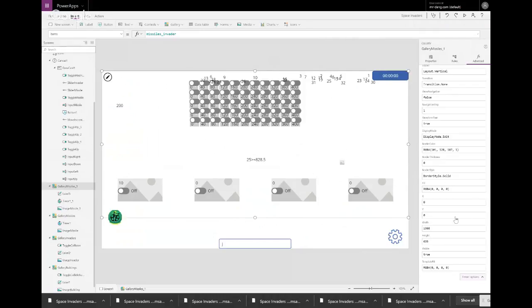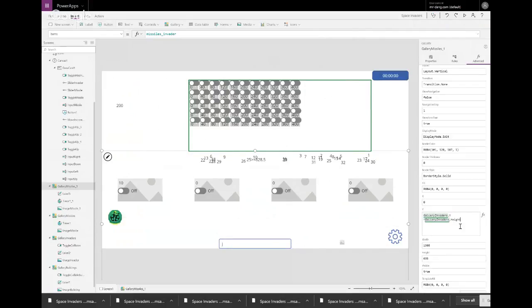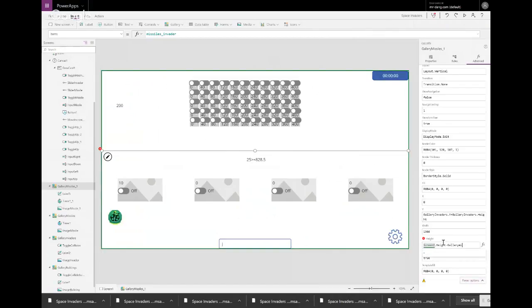I think what we could do here to simplify things is these missiles can only go downward anyway. Let's set this gallery so that it starts right below the gallery of missiles, or the gallery of invaders. Okay. And I'll make its height screen height minus where this thing starts. In which case,